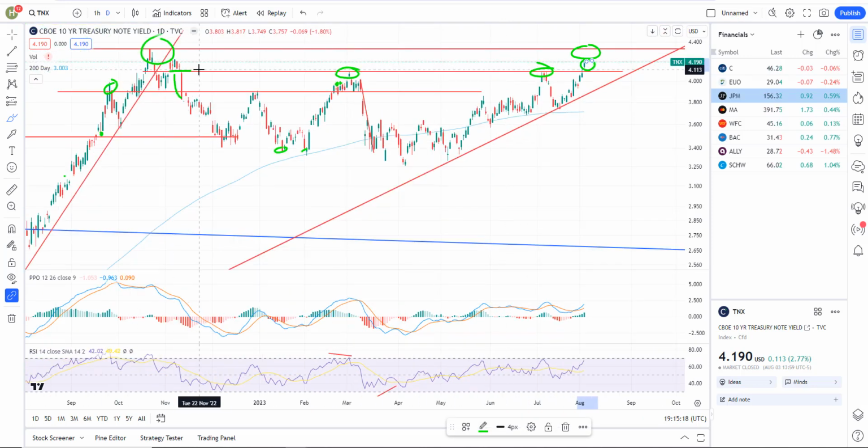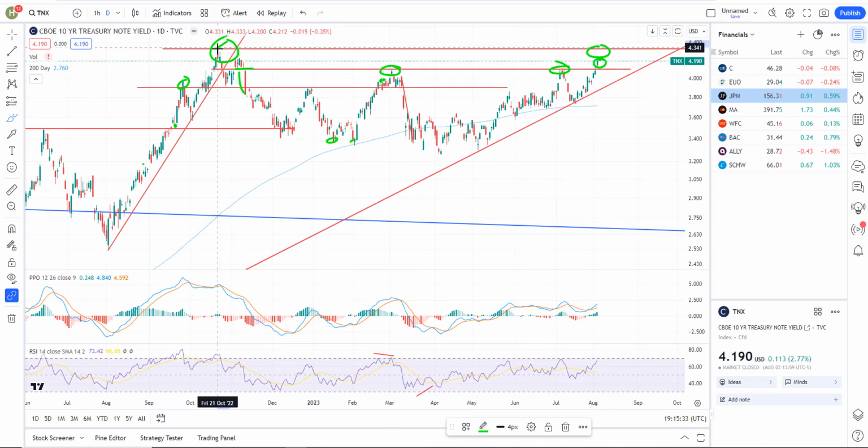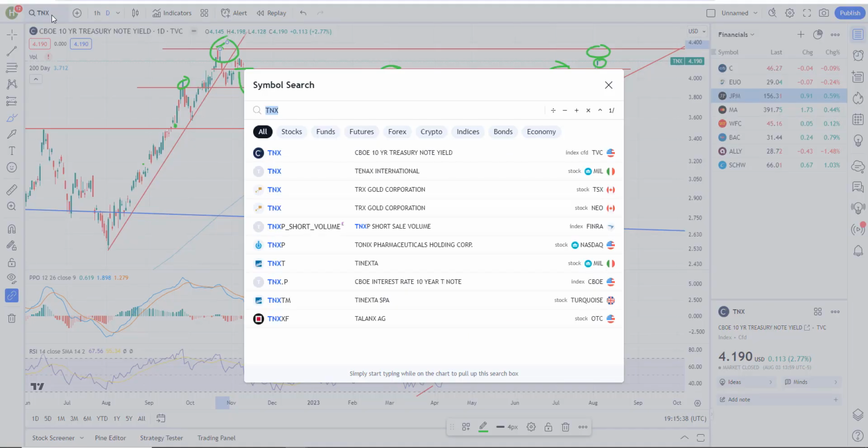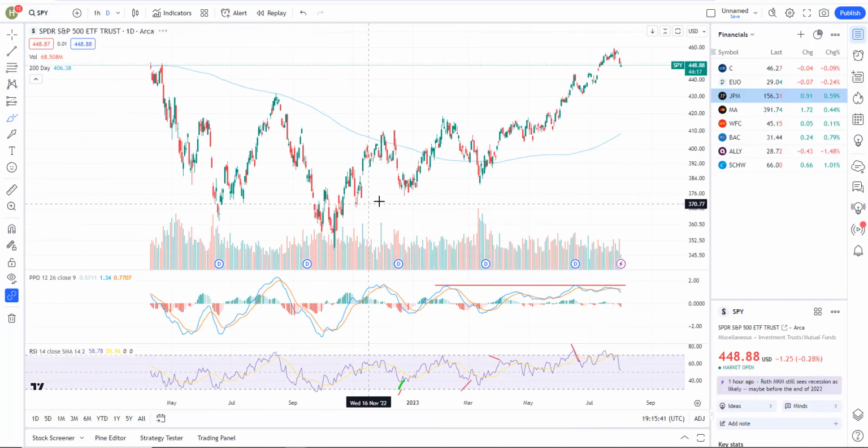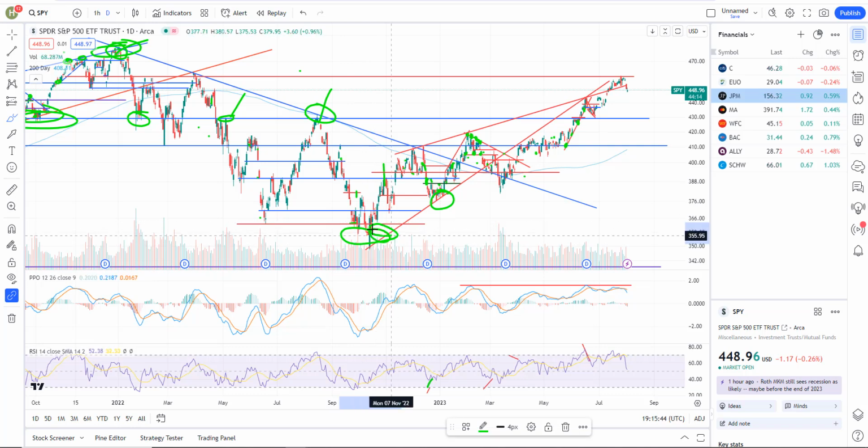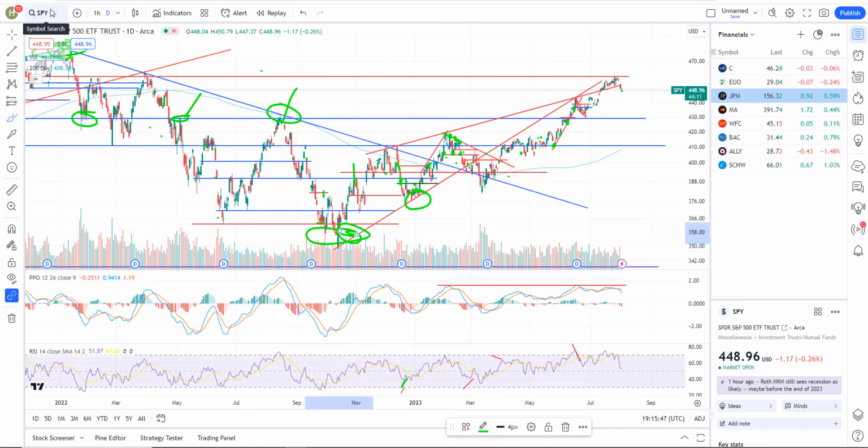So we have a new range, and that new range is basically 410 should be support, and then the highs right here about 432. All right, the last time we were at that 432 interest rate on the 10-year Treasury was back in October 2022. And when I look at the SPY, and I go back to that, the SPY during October of 2022 was near the low. So big divergence between rates and the market. We're likely going to see a reversion to the mean. That's either the market coming down or interest rates coming down. So that's really what we have to look at.